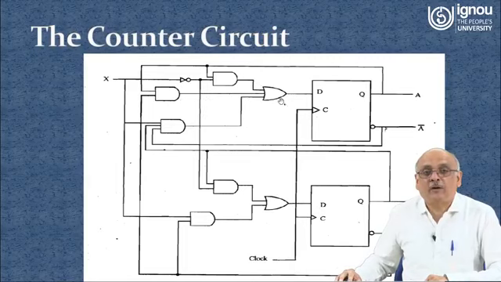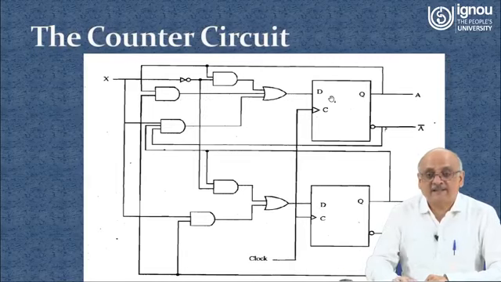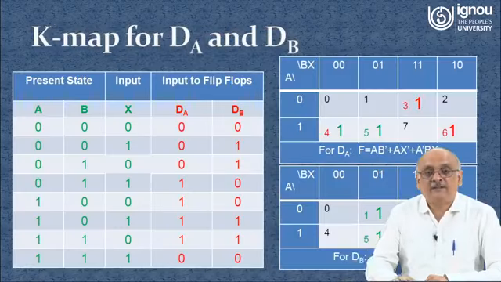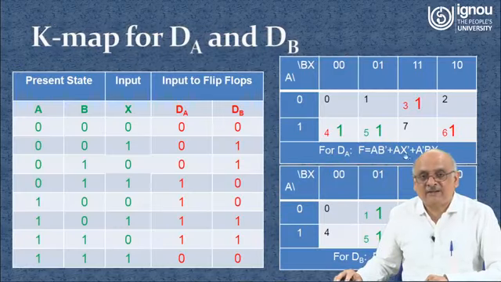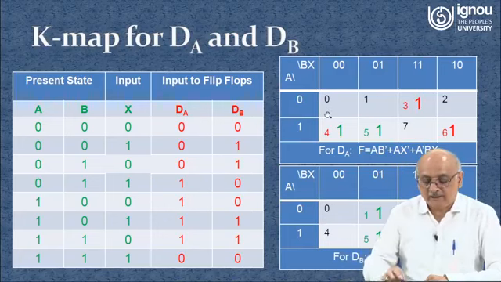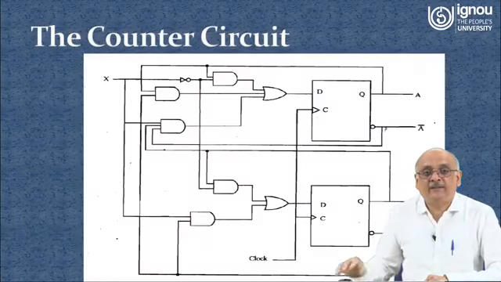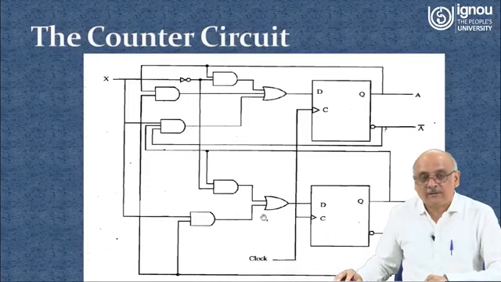Then we pass it through an OR gate, and that forms the D input. This is the representation. You can see the circuitry is exactly based on what we have represented with the help of this particular K-map. The second circuitry you can check for yourself. This is B and BX prime, and this is X and B prime X. So you can refer to that, and this is NAND, and that is the OR gate. It passes through and you get a value D in this particular case, right?